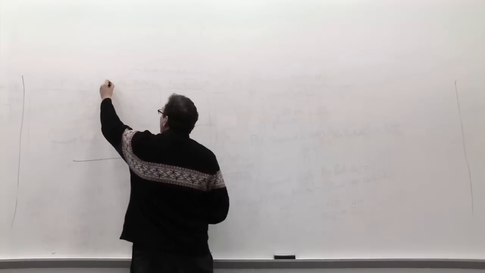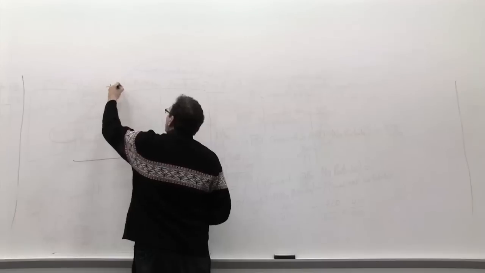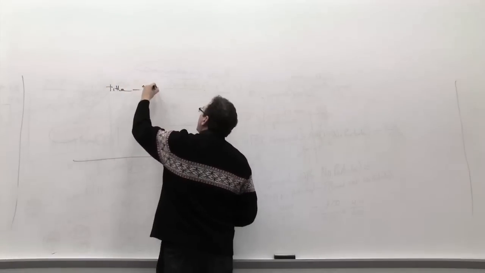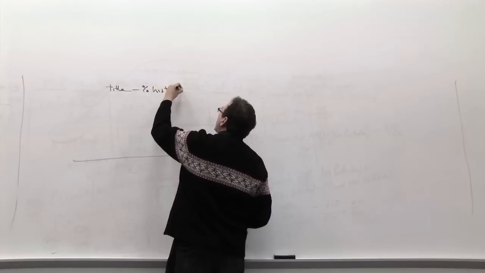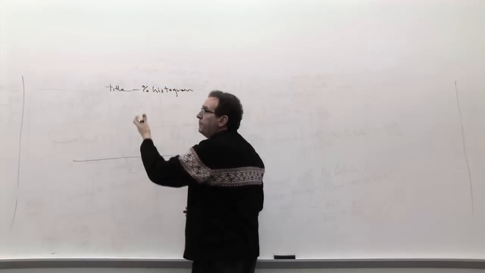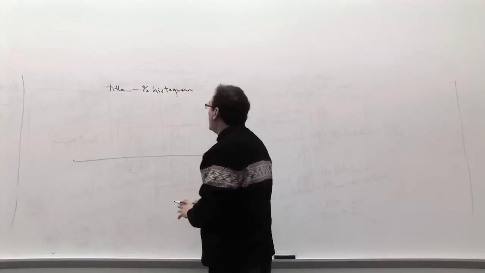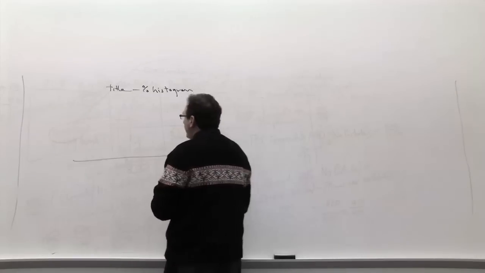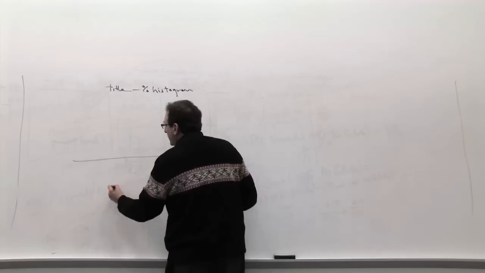Is the histograms. We have to have a title. We'll call this the percentage histogram. And again, I'm making this generic, but you really should talk about utility bills or people's age, whatever the situation happens to be. Then we have the x-axis label,